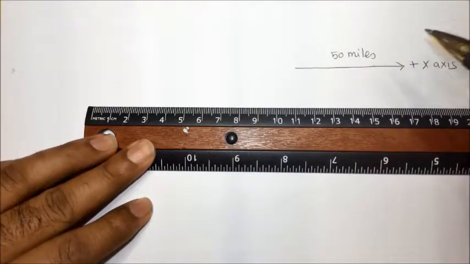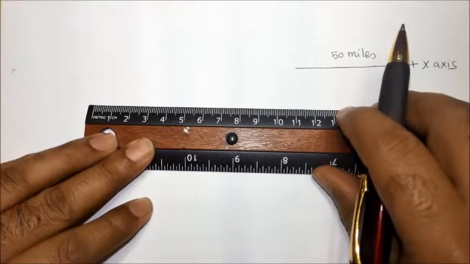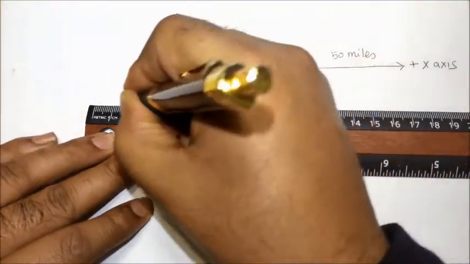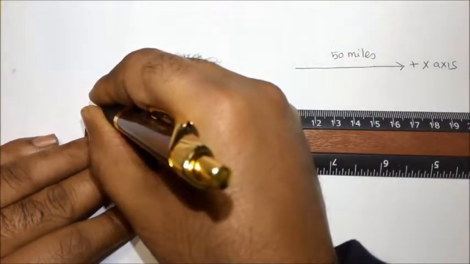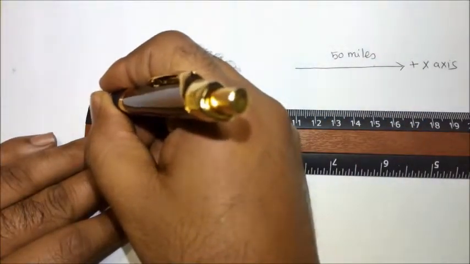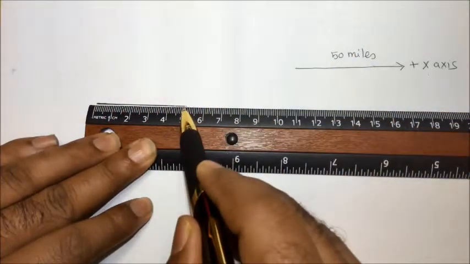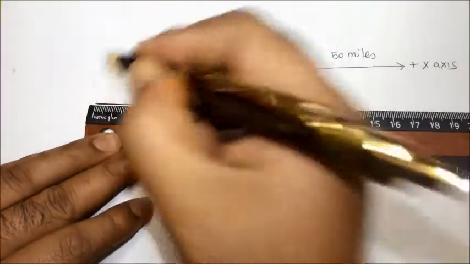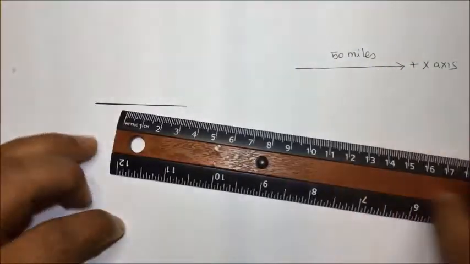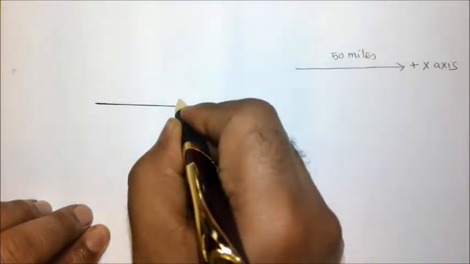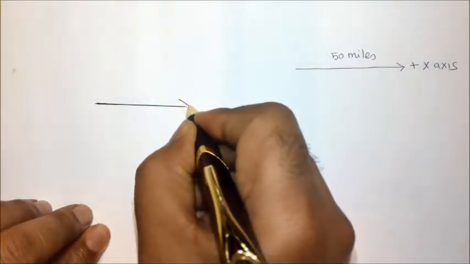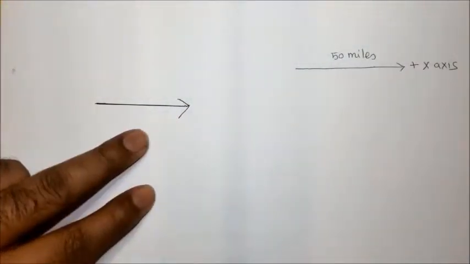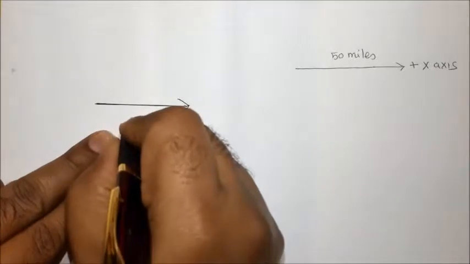If 10 miles is 1 centimeter, I can draw a line 5 centimeters long, and I can place the tip of the arrow like this. So this is the displacement vector